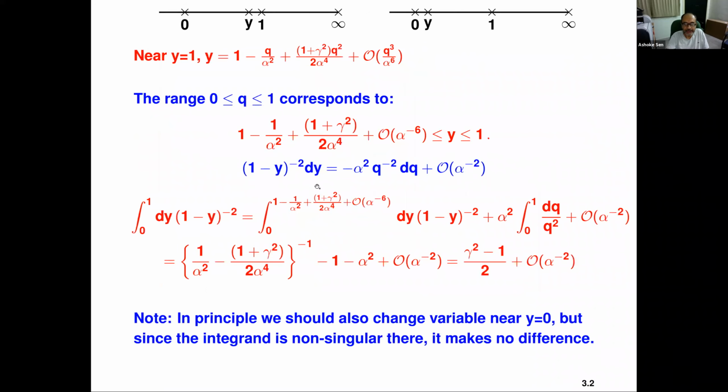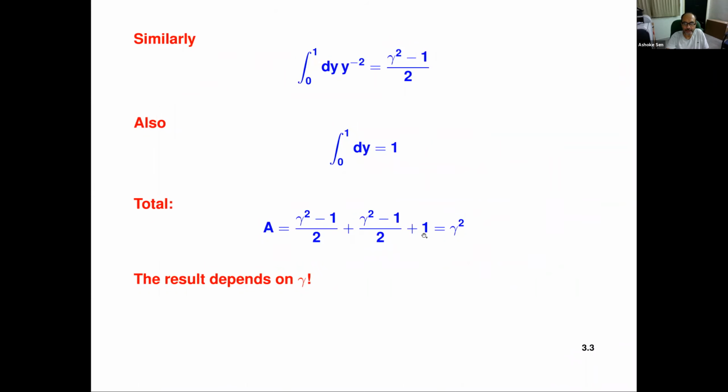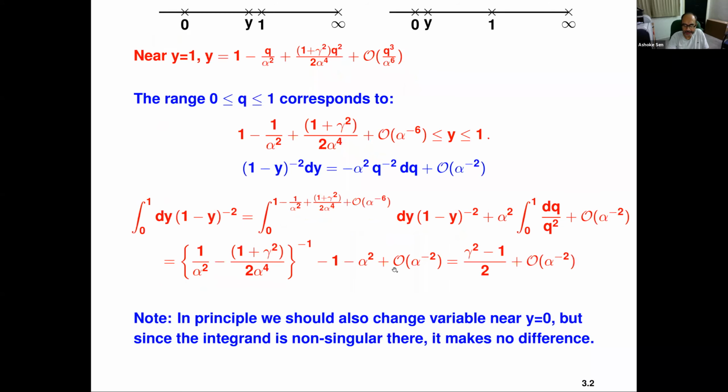So you see, in evaluating this integral, we had this integral dq over q square, whose coefficient was alpha square, and then this is the tachyon exchange. This is due to the tachyon propagator, and we replace this by minus alpha square. So you already know that the tachyon exchange contribution is minus alpha square. This is in the S channel, and in the U channel we also had another minus alpha square. It's the same contribution. I have not written down the U channel, but it's an identical analysis. So you'll get another minus alpha square.